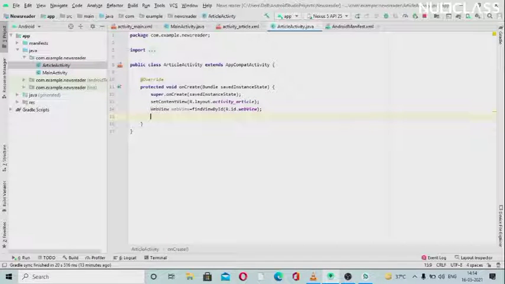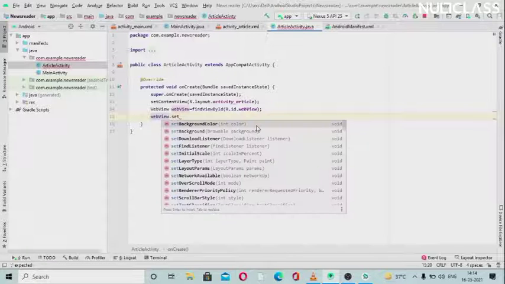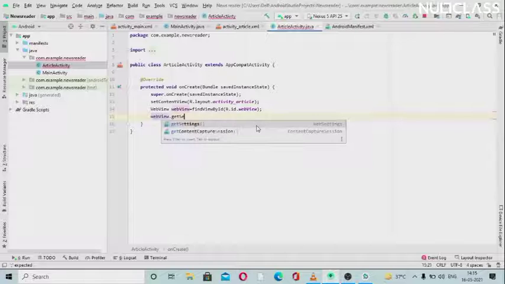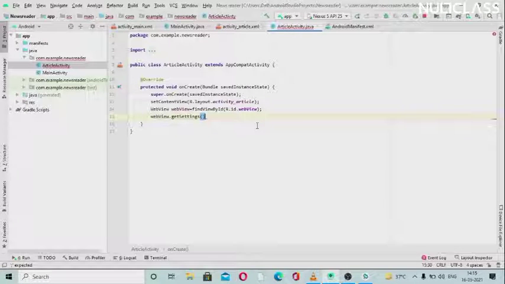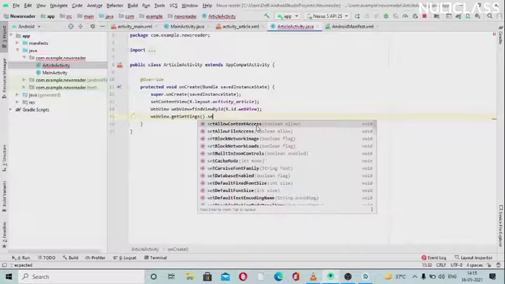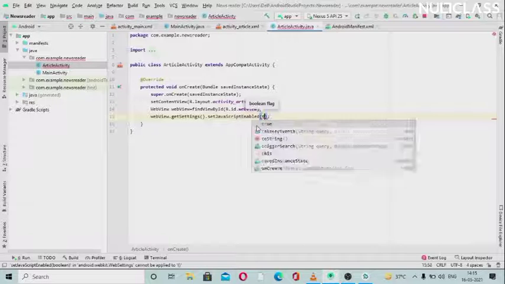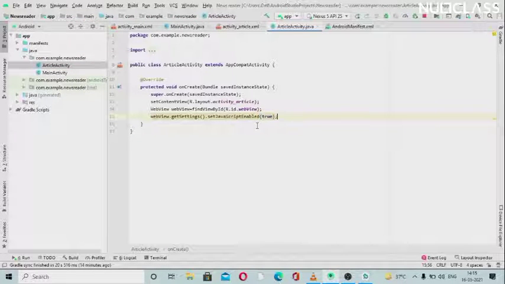Now we have set this web view, so now we can use its functions. We need webView dot, I think we will be needing getSettings here, and we need to set something, I think we will be needing JavaScript enabled here. We need to just enable it so that it can store the information from that.